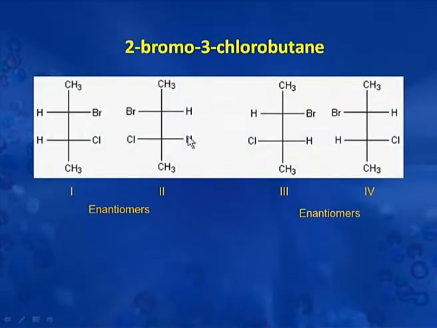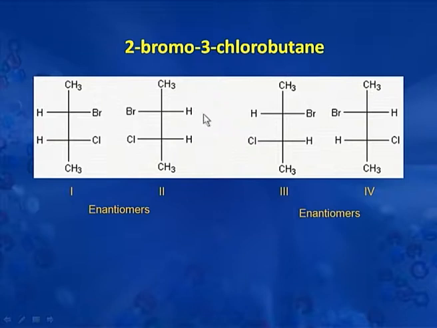Let us see these 4 possible isomers in Fischer projection also. This is the Fischer projection. This is the first isomer where bromine and chlorine are on the same side, and then its mirror image. They constitute 1 and 2 enantiomers. Then there is a third when bromine and chlorine are across. They also constitute another pair of enantiomers. Now all these 4 isomers are of the same compound